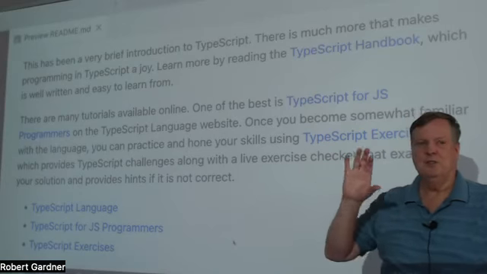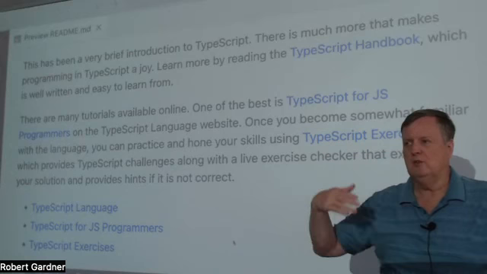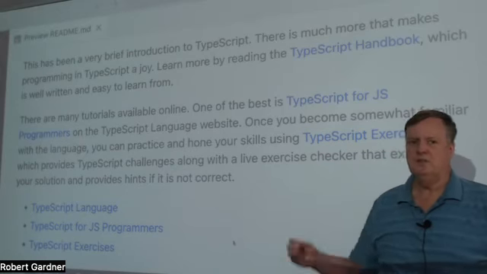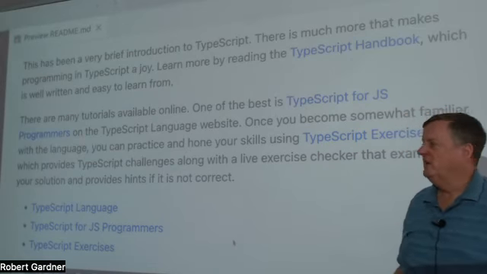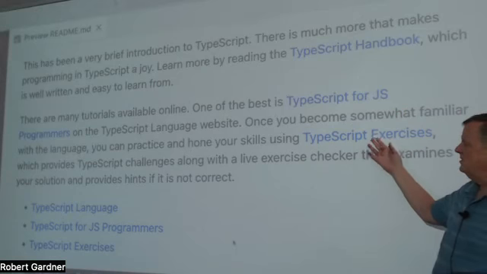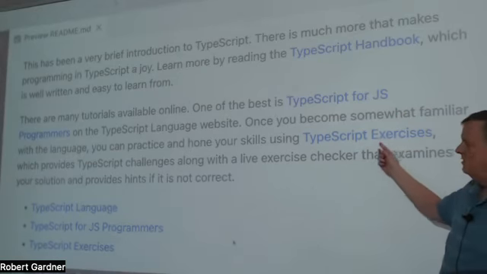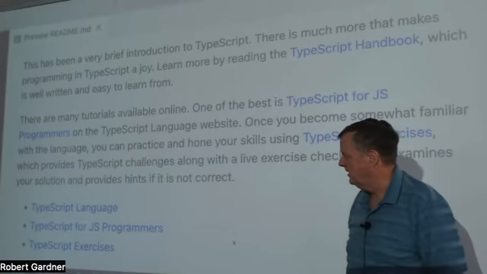You don't modify the code, you just put in the types, and then it will run a unit test against your solution and make sure it's right. If it's not, it will try to give you hints as to what you've got wrong and how you can fix it. I found this is a good way to improve your skills. But again, they get hard really fast, so be a little aware of that.